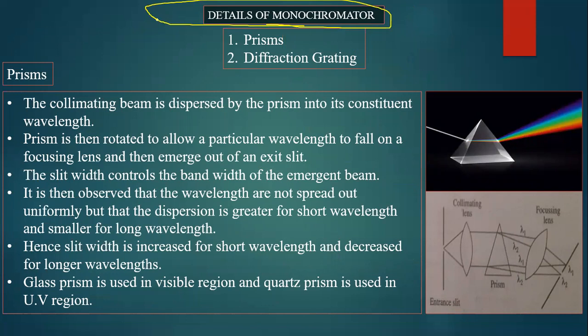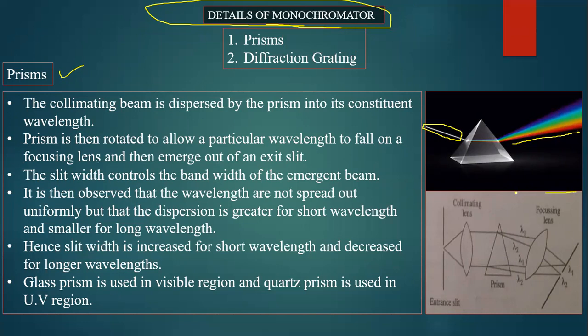Now we'll see what monochromators are used in this technique. See now, the prism. The incident light is a mixture, or you can say a polychromatic light, but when it passes out of this prism, it comes out as a separated beam of light. All the light gets separated into its individual wavelengths.